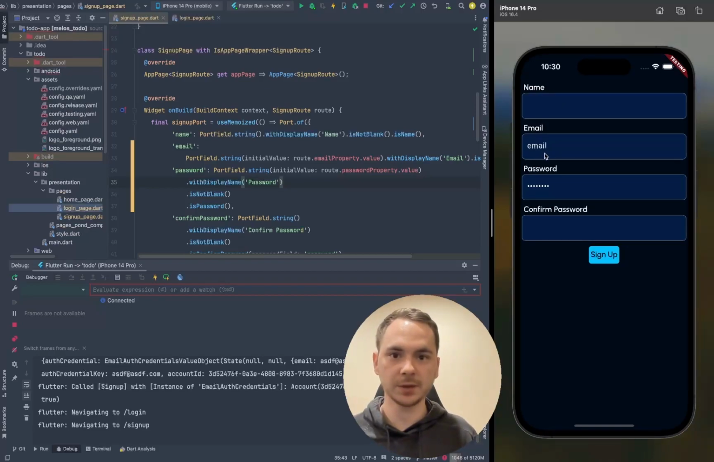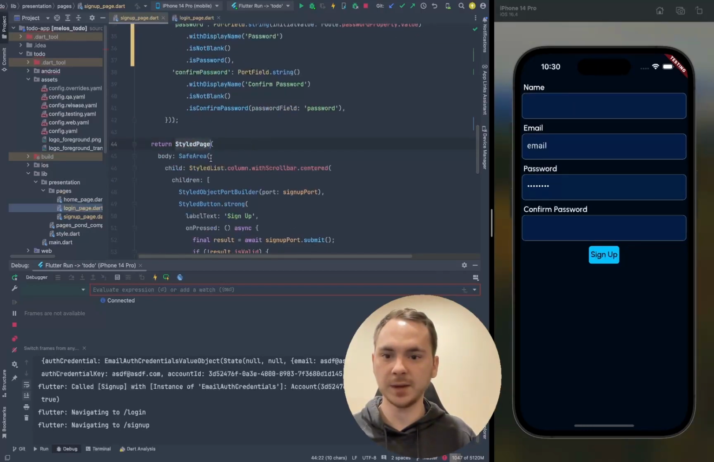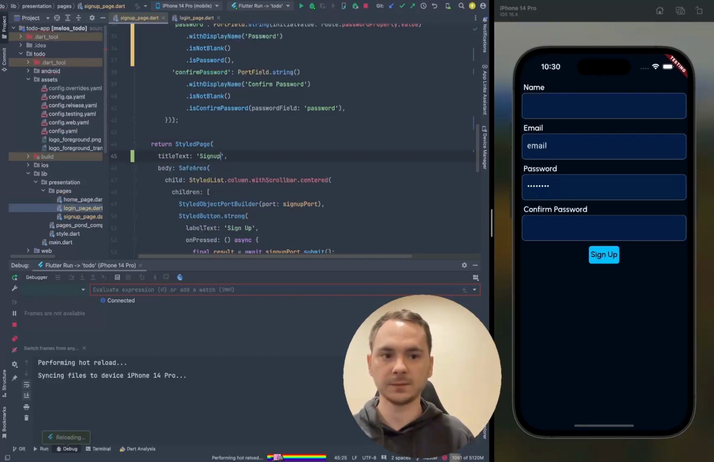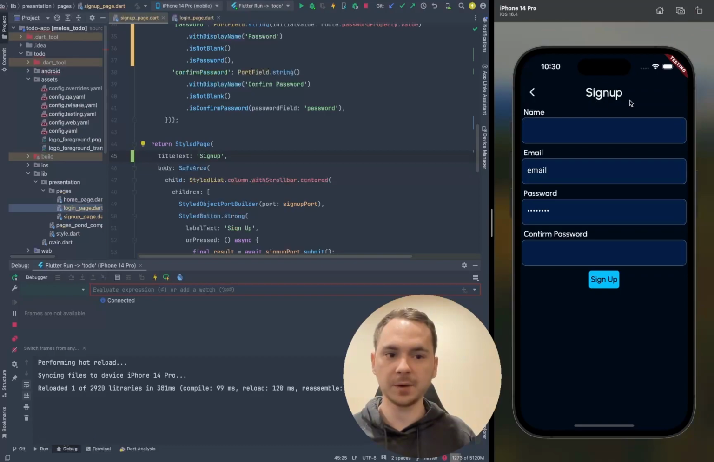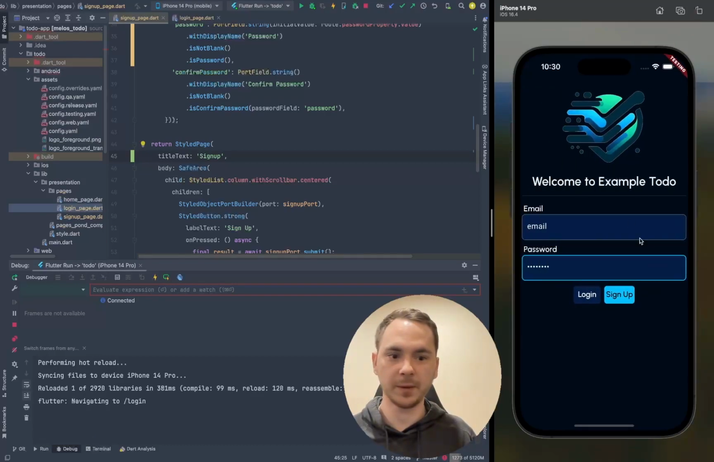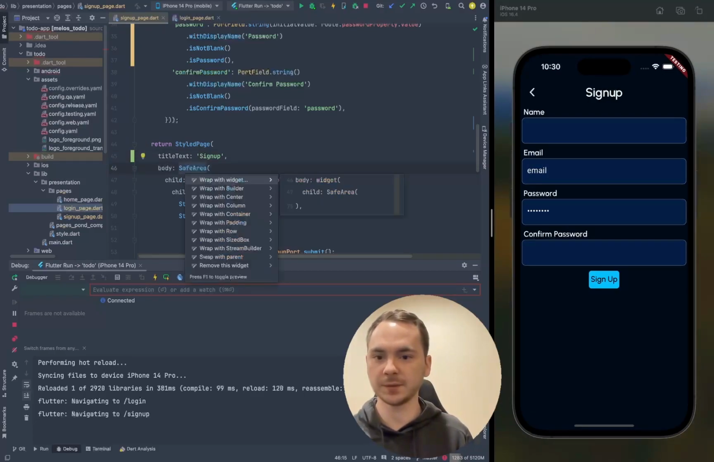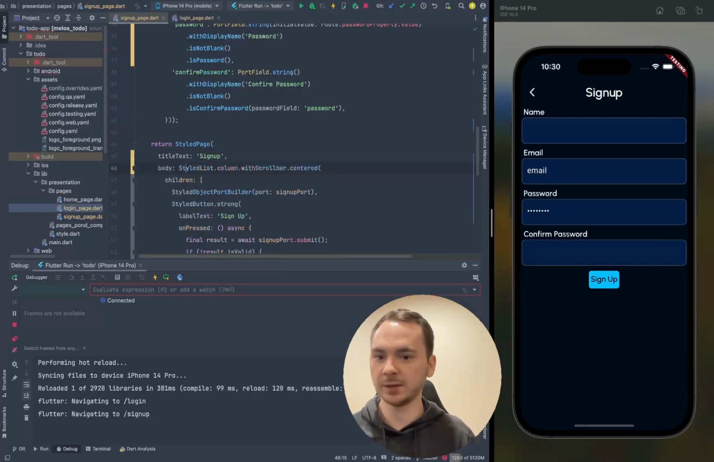The only other thing I want to clean up here is to add an app bar that says sign up. Inside of the sign up page, if we go down to the styled page and add some title text that says sign up, we'll see we've got a sign up app bar here with also a back button that we can then use to go back to the login page easily if we wanted to. Let me also remove the safe area from the styled list because it's not necessary anymore because the app bar